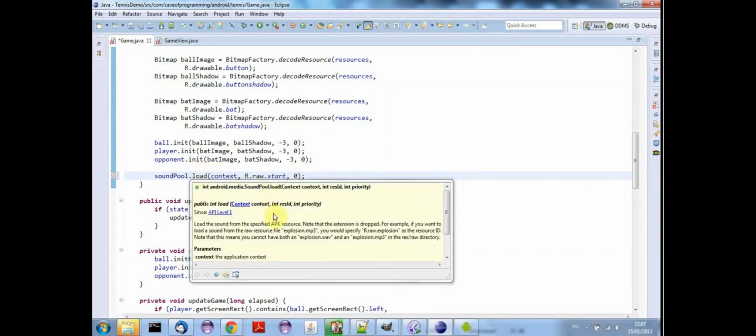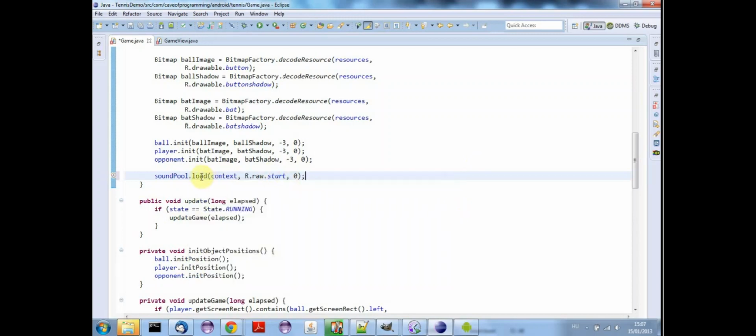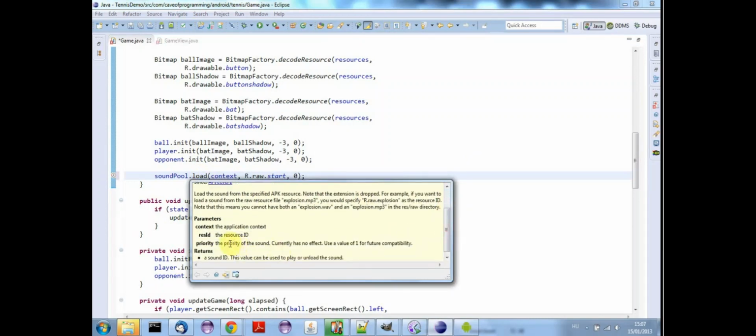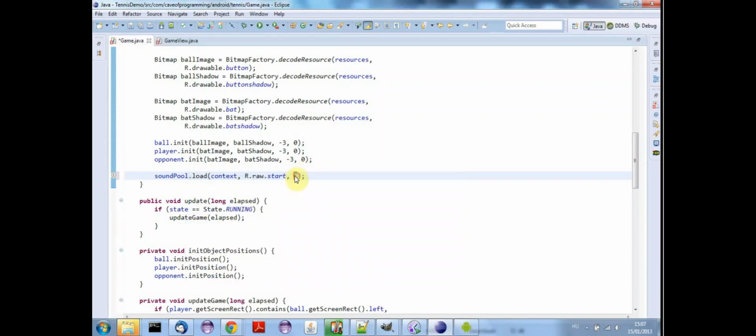And if I move into here and scroll down, whoops, let's try that again. I'm pretty sure that the last variable is not used, so priority. The priority of the sound currently has no effect, use 1 for future compatibility. So let's just put 1 for this last argument there. And now finally we can go ahead and play it, and we need to make sure that the sounds are loaded before we actually play them. And normally probably what I'll do is not kind of worry about it, because I think if you try to play a sound that's not loaded, I don't think you get an error or anything, but we'll kind of look into that later. But since here I want to just type something below this line that will play the sound,